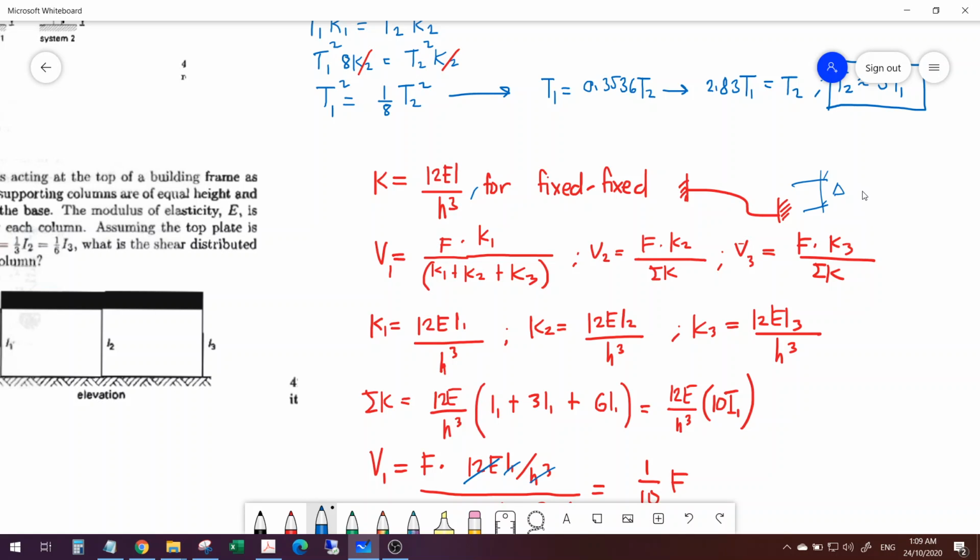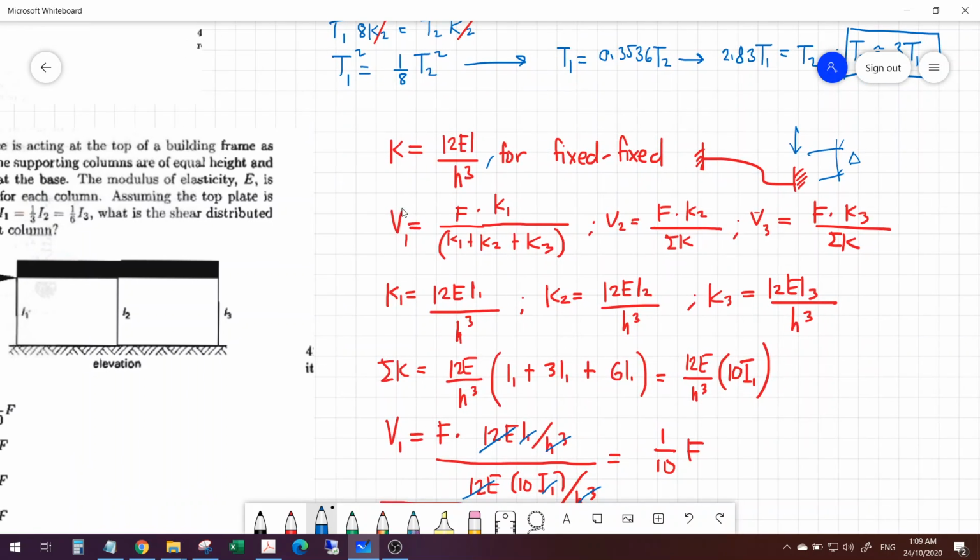So, you will observe that delta is actually equal to P times H cube over 12EI. Okay, unlike, as compared to the cantilever, di ba, it's L cube over 3EI. Okay. Now, so